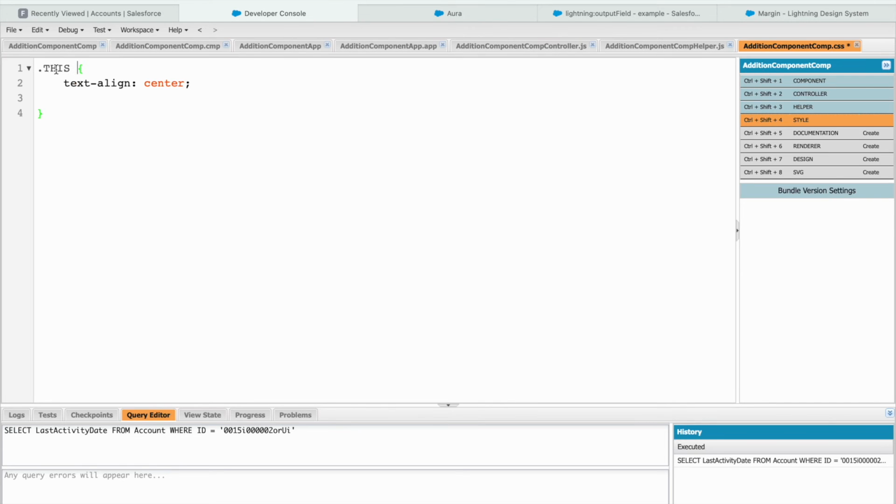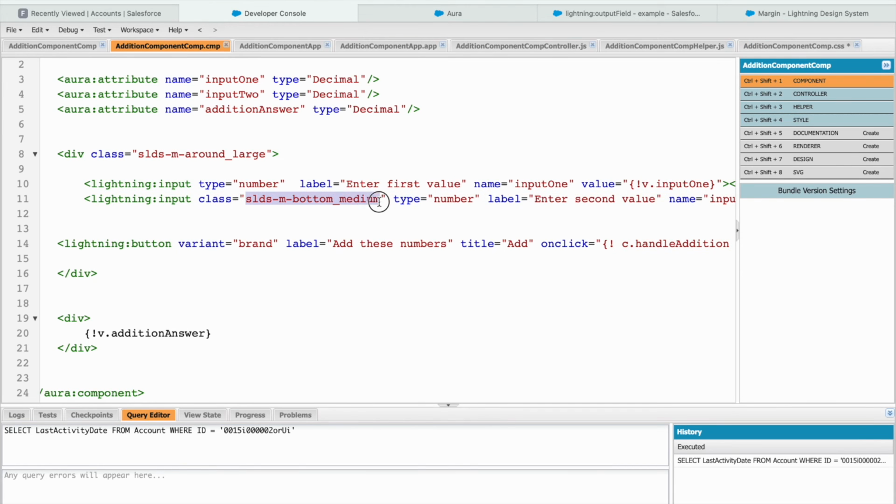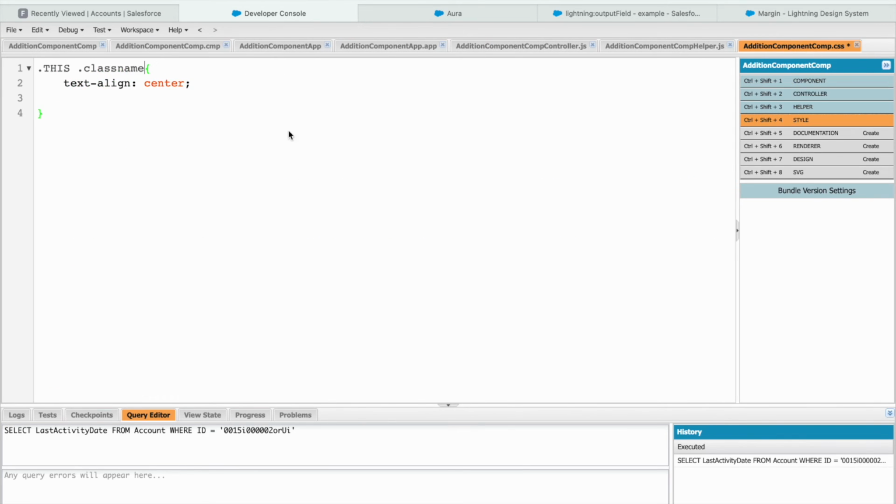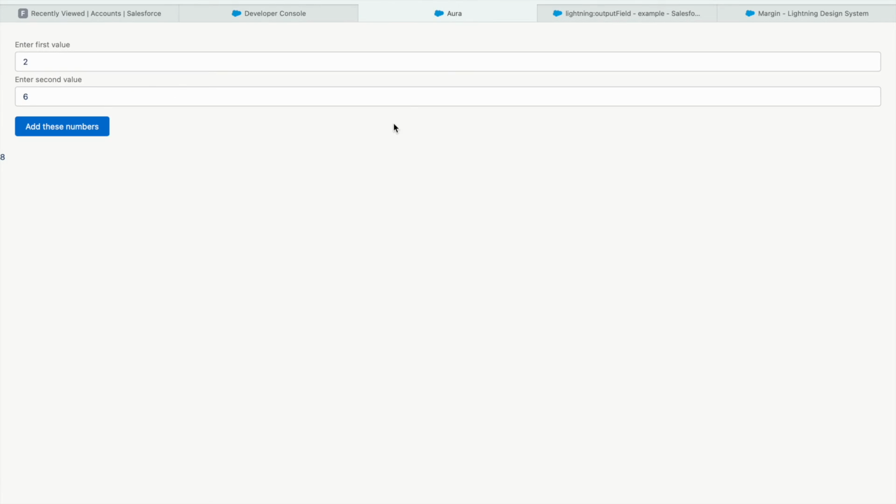Okay, you can simply say .this space .class name. Now this class name would be somewhere here. For example, we defined a class here, right? So you would say class name, I'll say font color, and I'll just say save. So I'll just take this class name, go to my CSS file, put the class name here, and I'll say text color is green. Let's see if this works. Okay, now if I refresh,